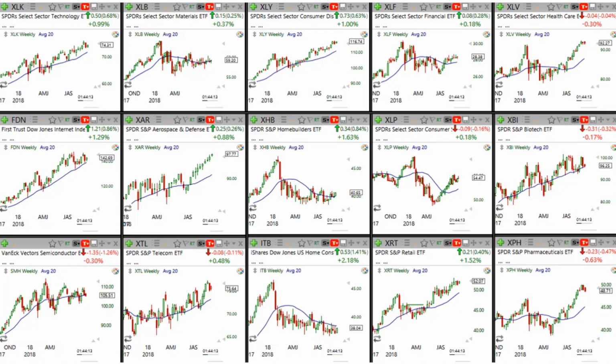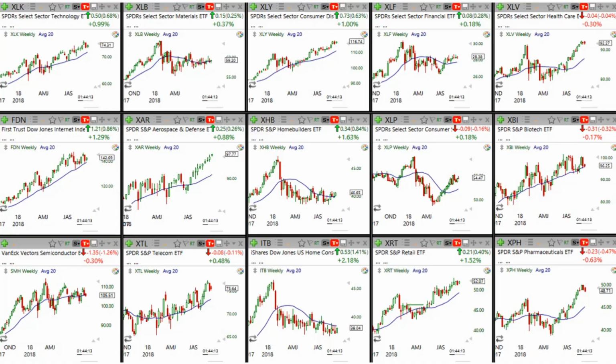And of course, you could set this up. You might be using eSignal or TradeStation or Thinkorswim, which doesn't have such good charts, but it's a great program for options. But in any event, you can set up a page with your different ETFs where you just click on that page and they all come up at the same time, and you can instantaneously look at